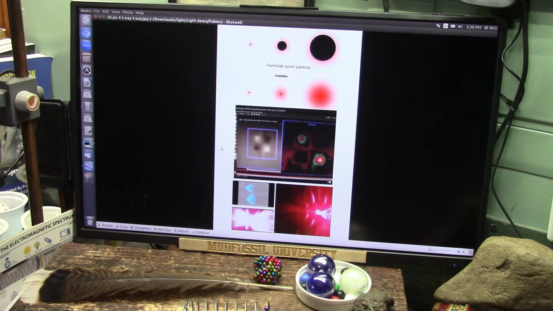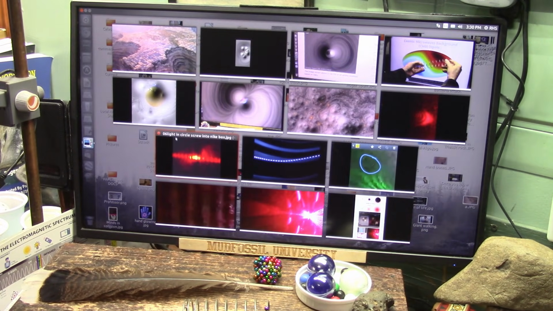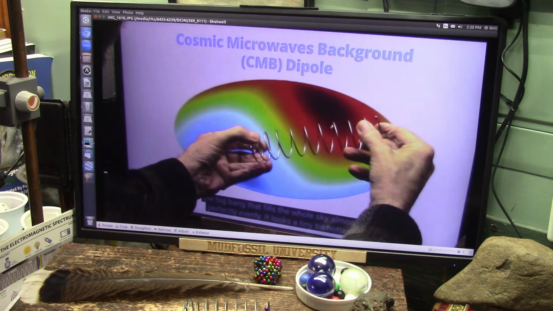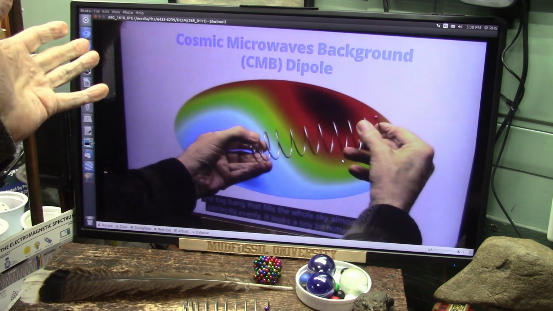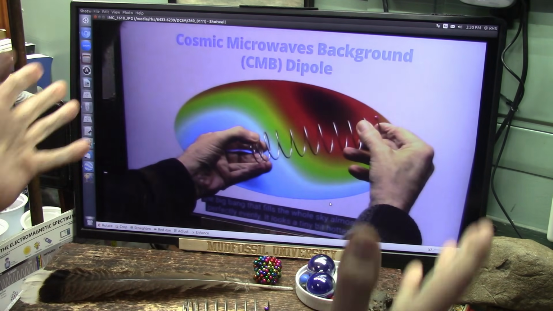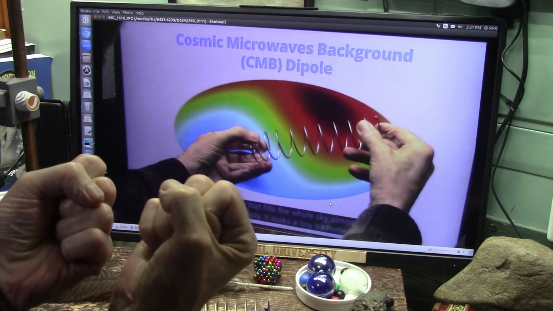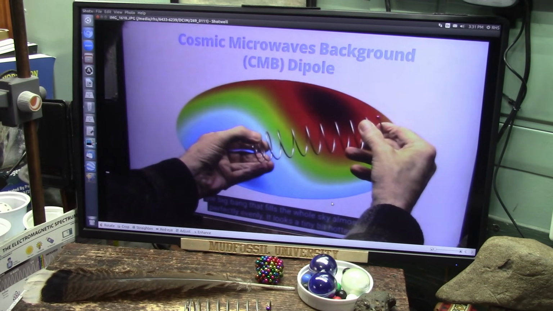This should be understood. This should be looked into a lot quicker than it's being looked into. Because this cosmic microwave background dipole, I don't know what they're talking about there. That's to justify the Big Bang. They grab a hold of a theory that doesn't work, and they just can't let loose. Anyway,